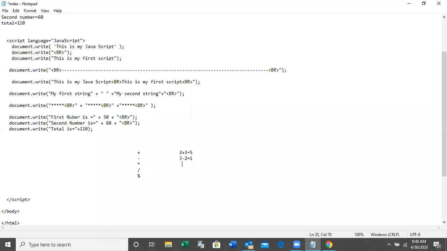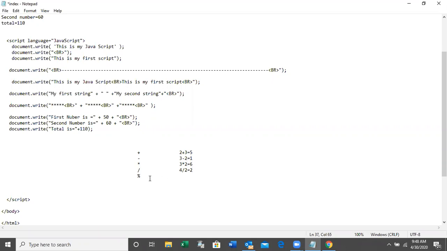Multiplication operator, you can put like this, 3 into 2. 3 into 2 is equal what? 6. This is the division operator, 4 divided by 2 is equal 2.